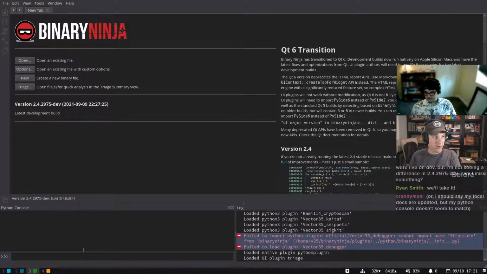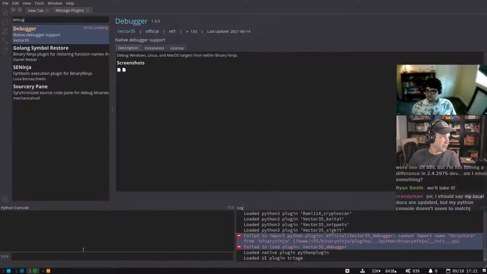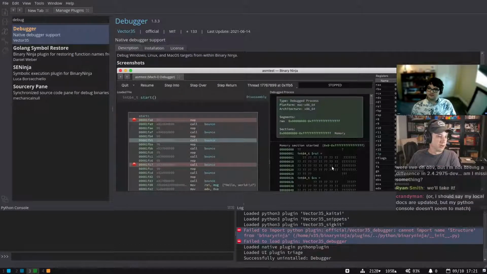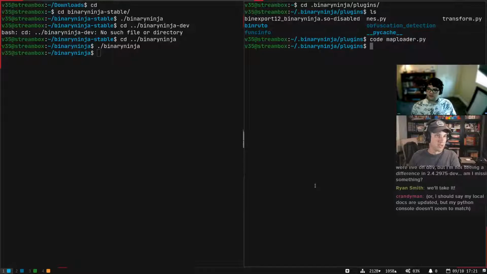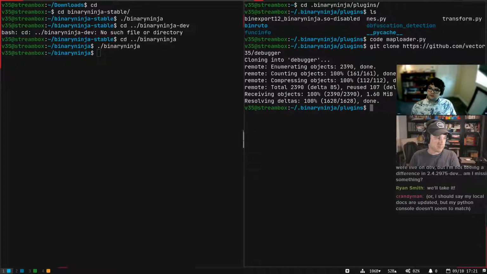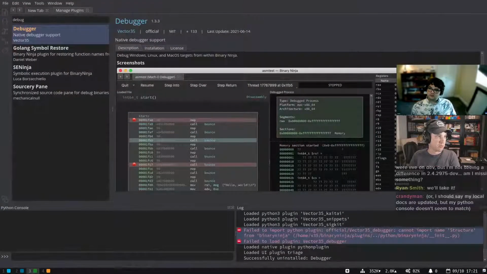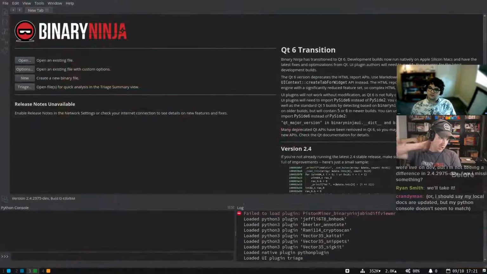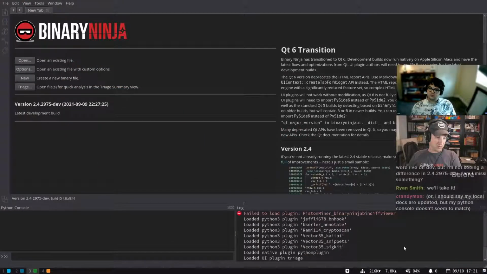If you are also running into this, uninstall the debugger, and then just download the latest version of the debugger into your user plugins folder. That's the old way of installing a plugin, but it still works. And then if I restart Binja, I should have the new debugger.